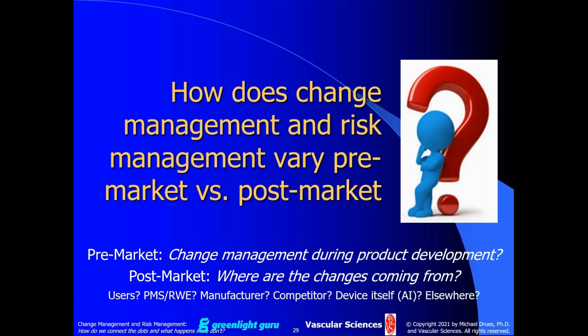An R&D engineer, for example, comes up with a way to tweak our device that might make it better. What's going to be that impact on risk? And what about coming from our competitors? For example, if we have our 510K device that's substantially equivalent to a predicate from a different company, and the other company experiences a problem with their predicate, do we have, as a manufacturer, an obligation, never mind just in